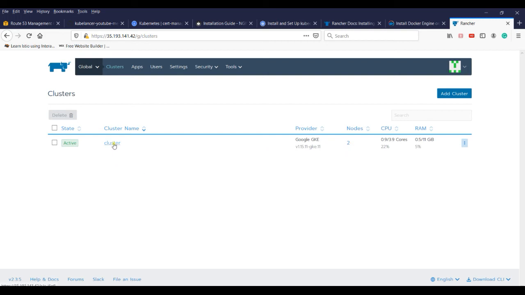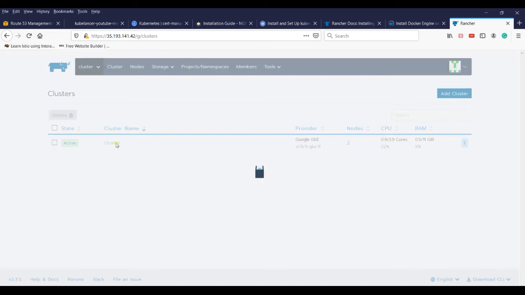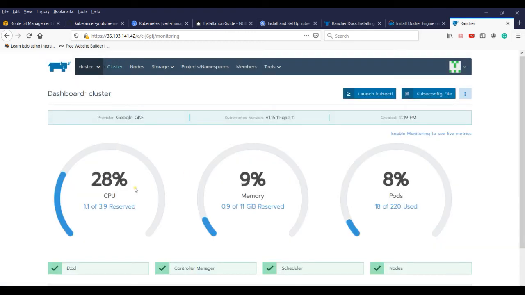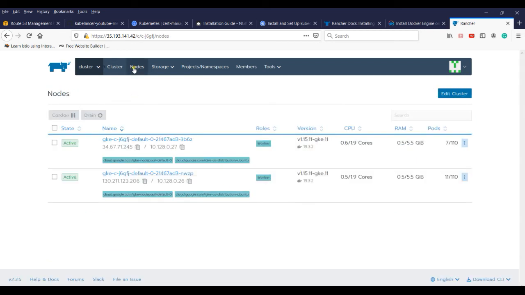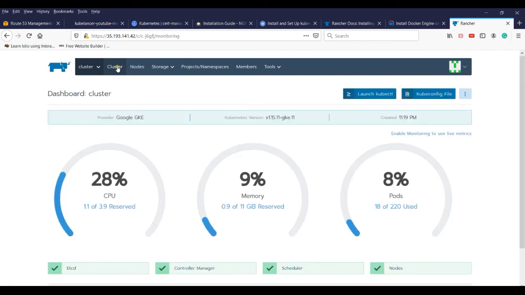You can see the cluster details by clicking the cluster, and you can check the nodes, how much CPU and memory is used, and how many pods are currently deployed. Click the nodes and get the node details. We have deployed with two worker nodes, so it's showing two worker nodes with active state. Great, we have deployed the cluster successfully.